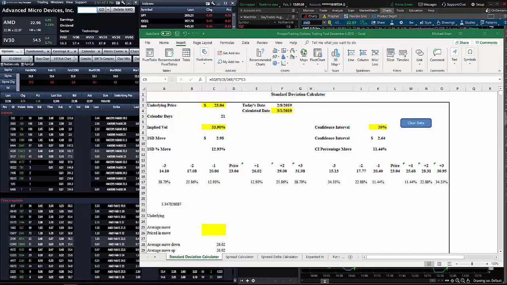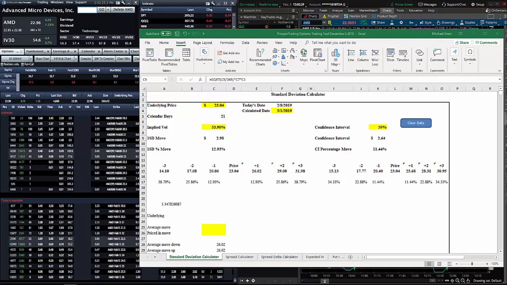But what this does is essentially take the implied volatility of a given stock for a given time period and allow you to produce a price distribution. You can calculate a standard deviation, or you can customize it to a confidence interval. Like I said, I will post some material on what the confidence interval is, but think of a standard deviation as a 68% confidence interval, which means, think of a bell curve,